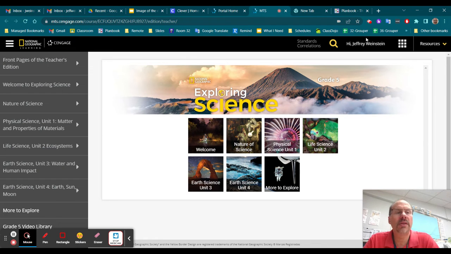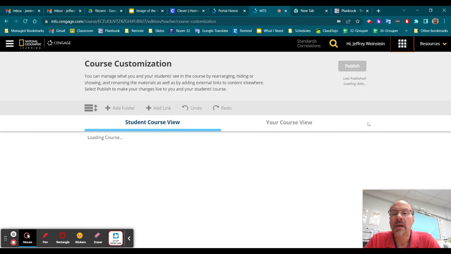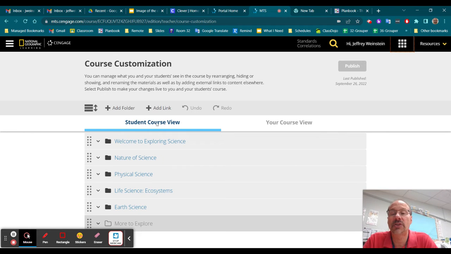And where you do all this customization is up here in the waffle. It looks just like the waffle that you see in Google. So when you click here, you can go to course customization. And you have the option to customize what the students view and what you view. You can add a new folder or topic, which I'll show you in a minute. You can add a link to an external document, a YouTube video, something else that you want the kids to